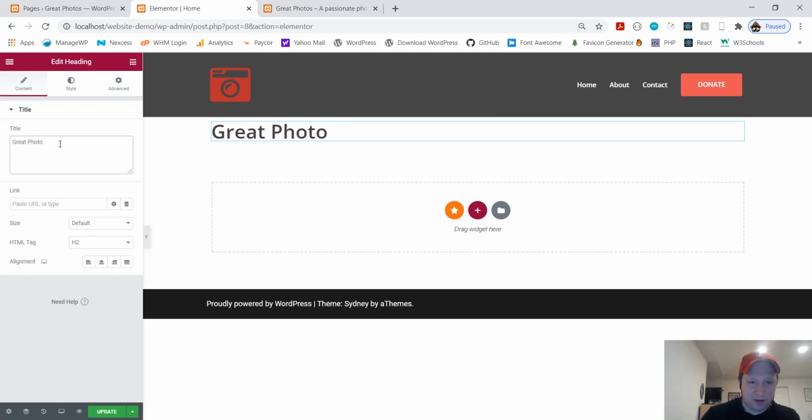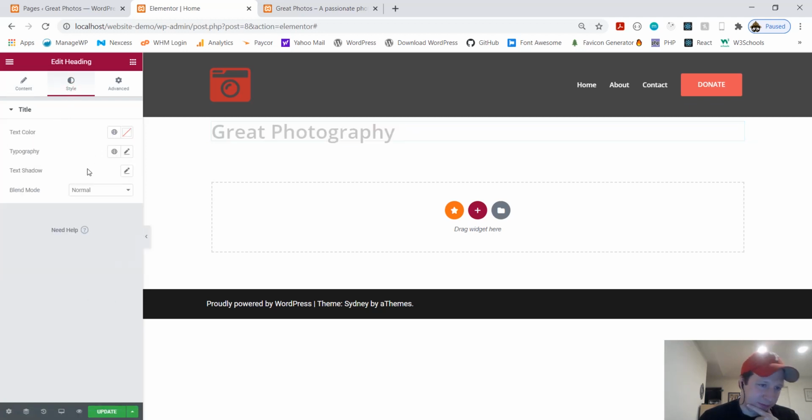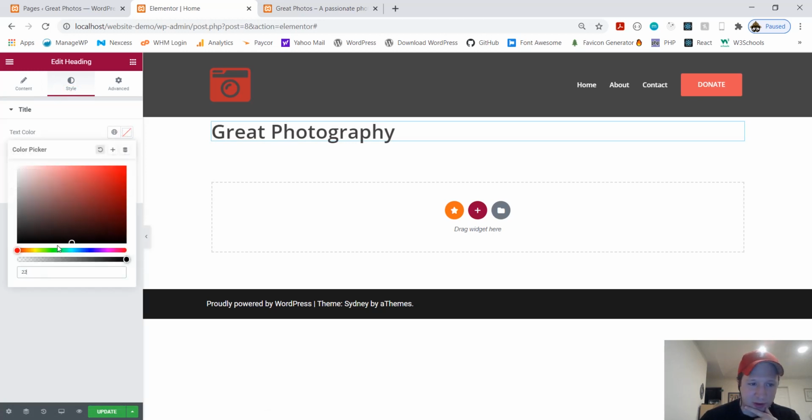Photography. Okay, good. Now, obviously, that doesn't look too fantastic. Let's see. I'm going to leave it off to the side. You can come down here and center it or right. So this is your content, okay? Where you type. This is your style. This is how we style it. This is the color of our text. Pretty self-explanatory. I'm going to give it this black color again.